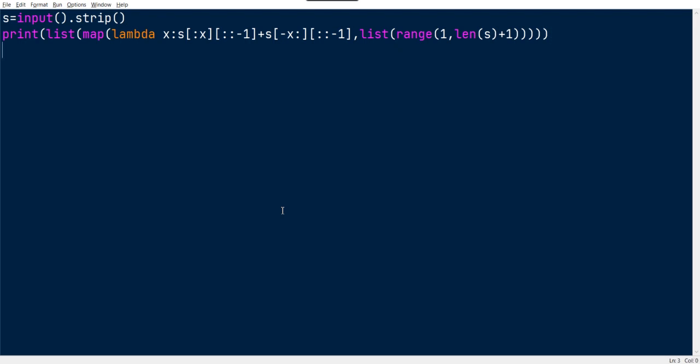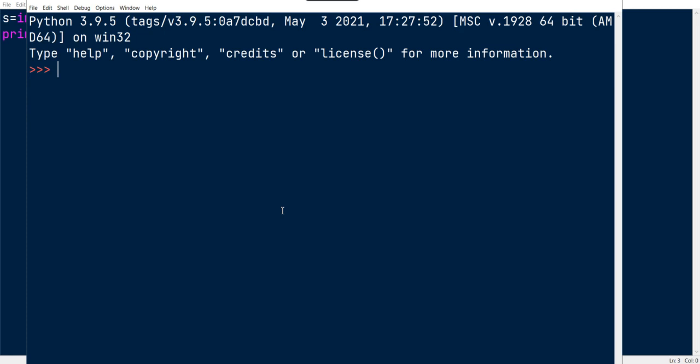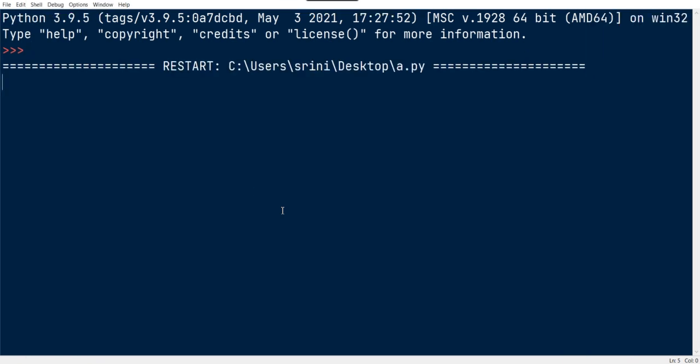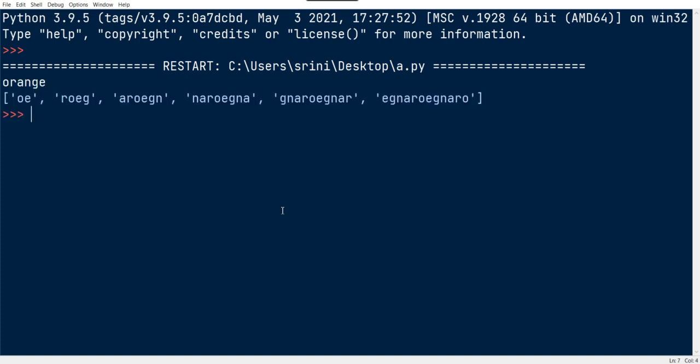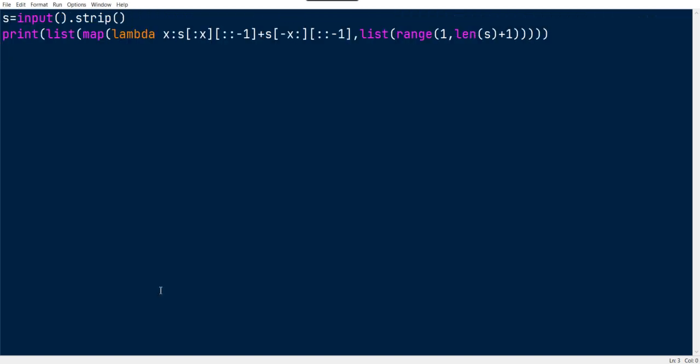So if I run this, here I'm going to pass the input orange. We got O E. Yeah, we got the desired output, but we still need this